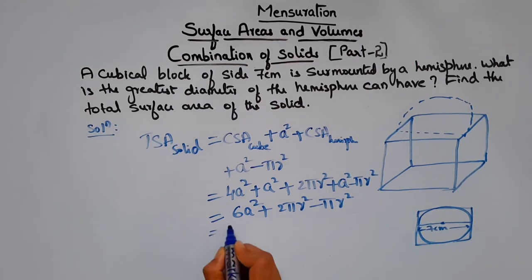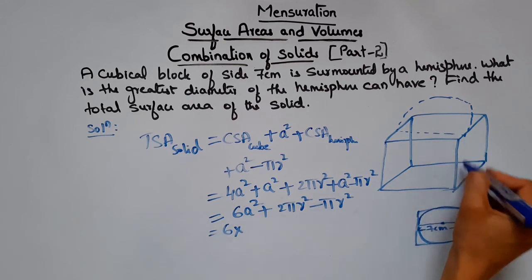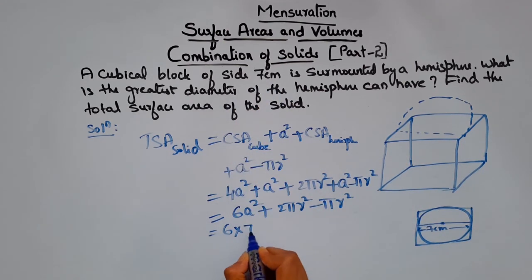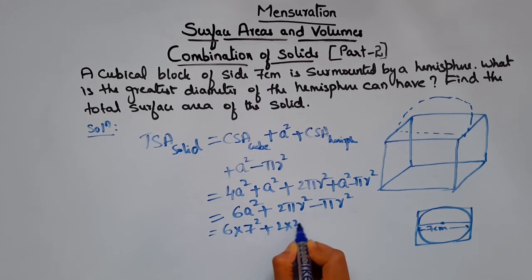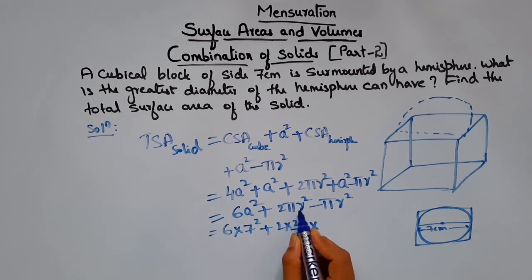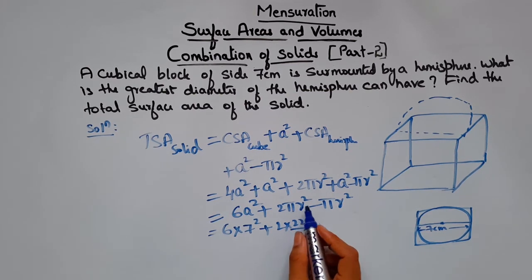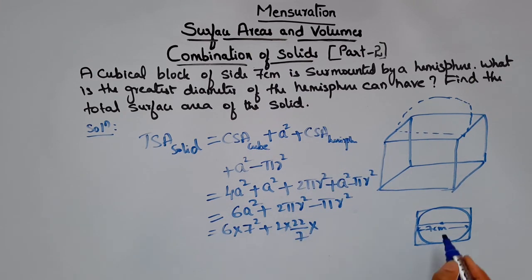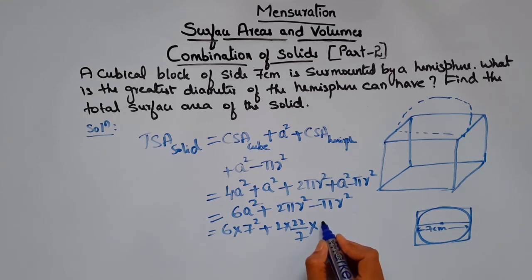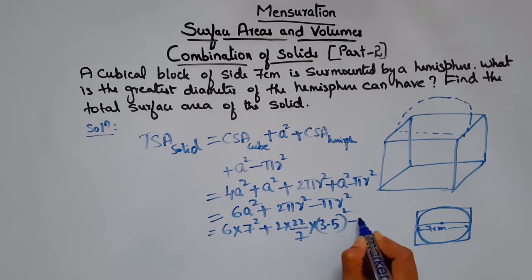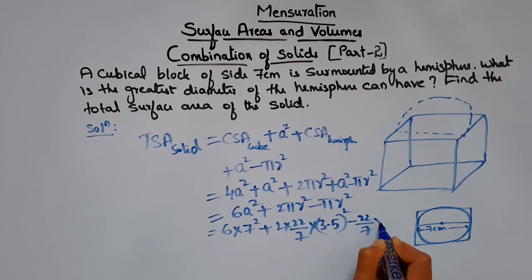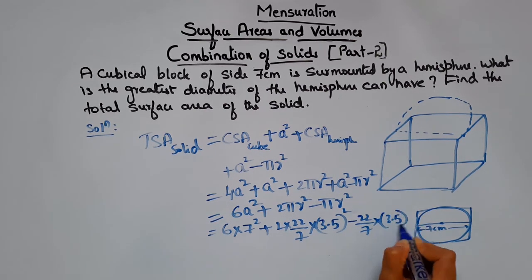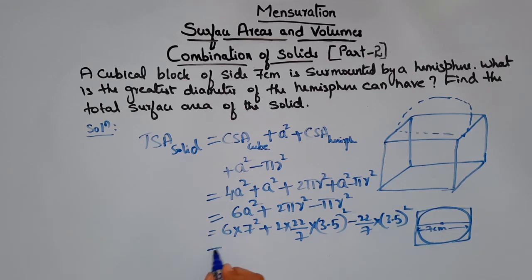So let's substitute the values. 6 into a, where a is nothing but the side of the cube. So side is given as 7. So 7 square, plus 2 into 22/7 into, what is the r? R is nothing but the radius of the hemisphere, right? So r is the radius of the hemisphere. If the diameter is 7, so r will be 7/2. 7/2 is nothing but 3.5. So 3.5 the whole square, minus pi, that is 22/7, into r, which is 3.5, the whole square, which is equal to